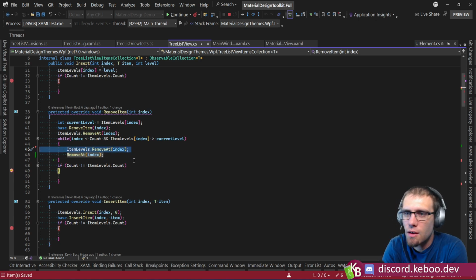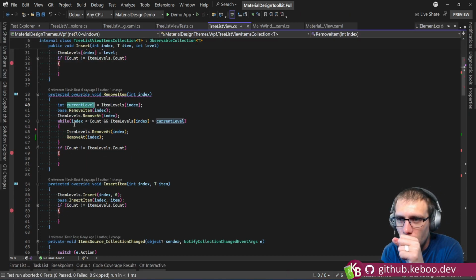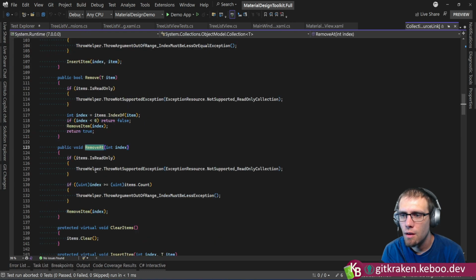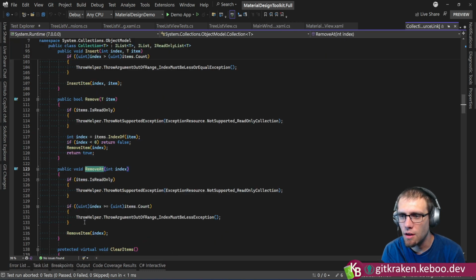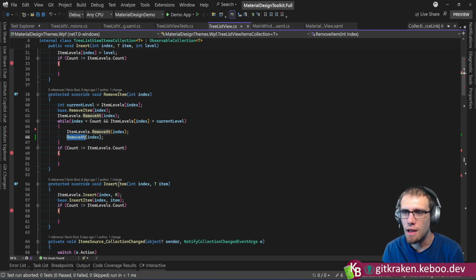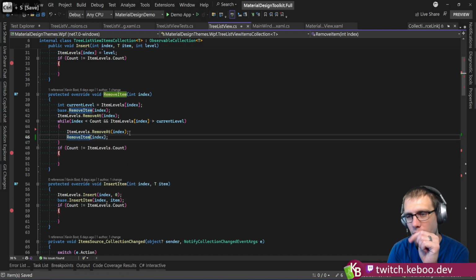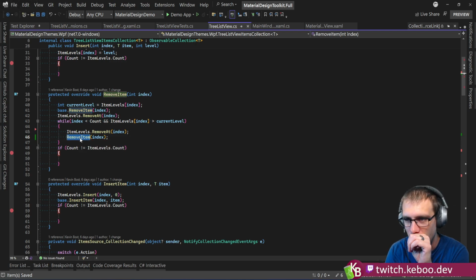Because let's see, this guy here removes the index level. This remove at is calling directly. Remove at is basically calling straight into remove item at index. So we can actually make this a little cleaner. The fact that remove at was calling this just made it a little more ambiguous. But if we do this,